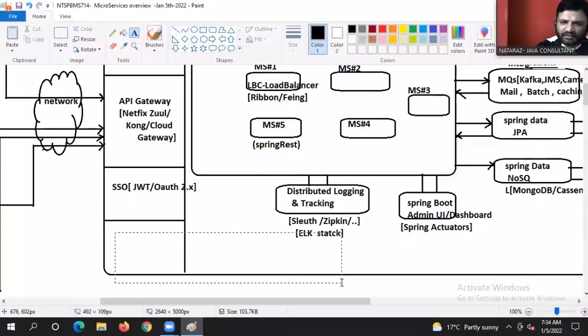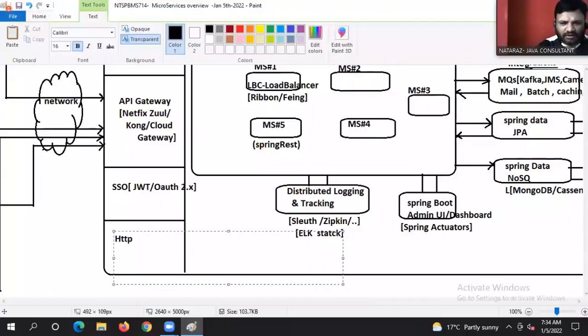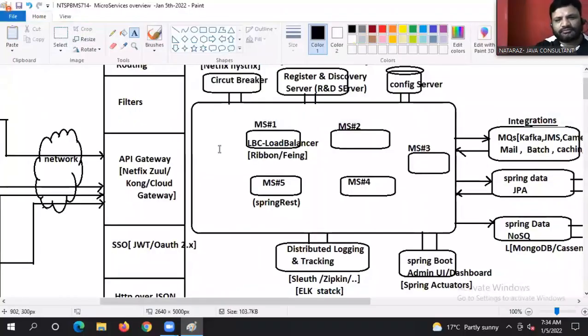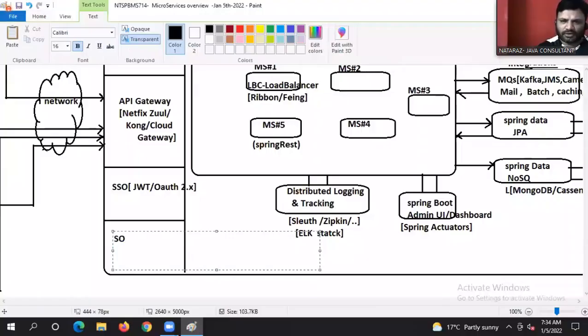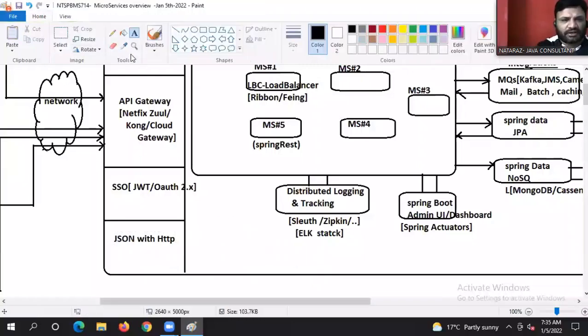And all this data will go as JSON over HTTP. Generally, what is the preferred format, guys? JSON over HTTP only, right? Fine. SSO is nothing but this one.